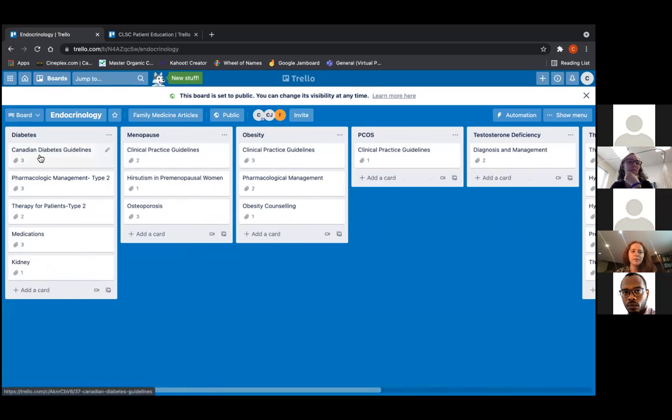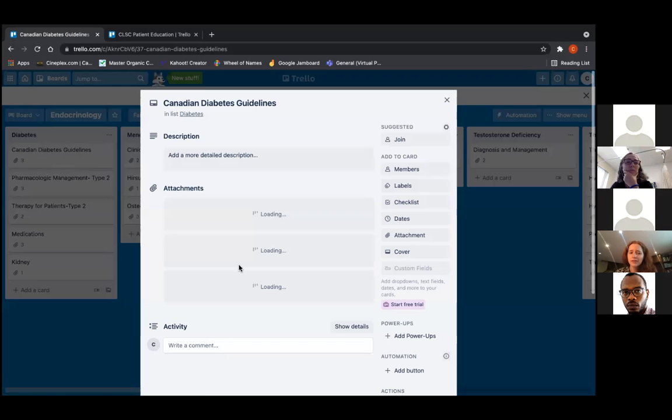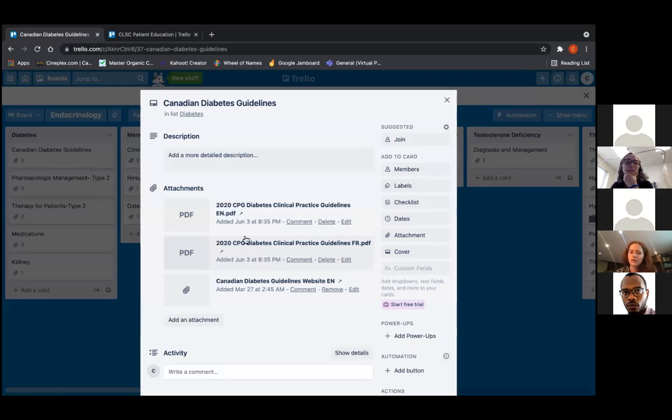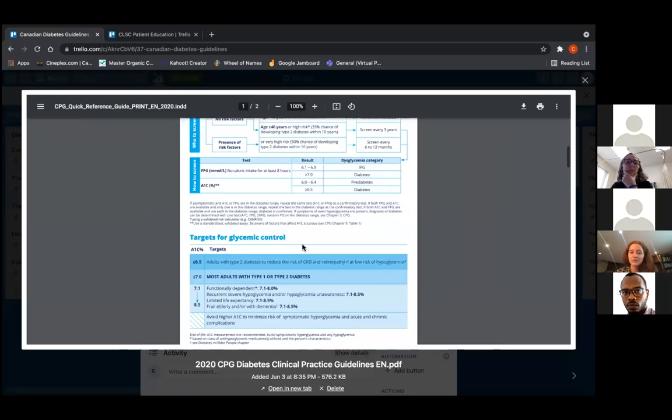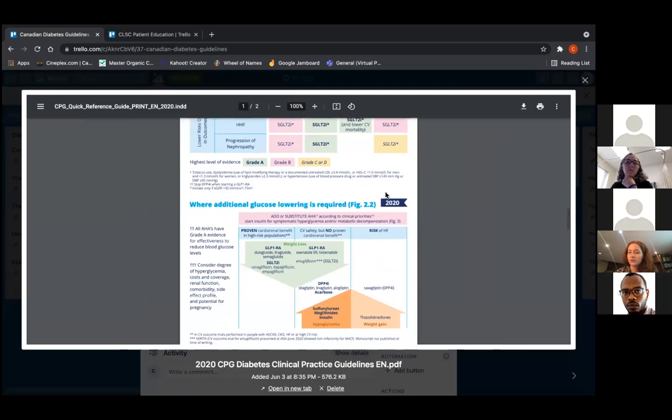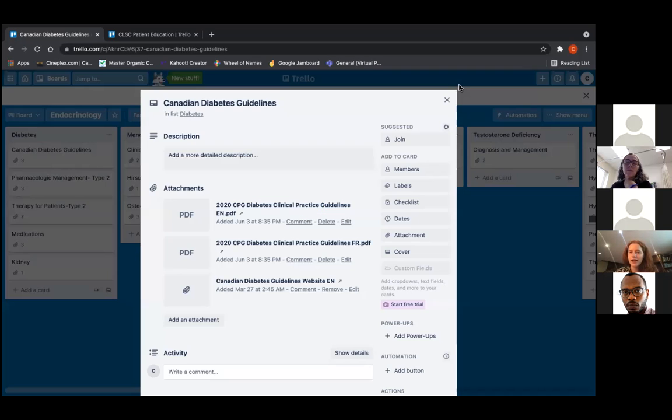So here are the diabetes guidelines. We have the new ones up here for 2020. And so if you're looking for the guidelines here, you would open this up and you could find them here. And you could look and scroll, you could print it even. You can download or print. And so most of them are PDFs. And we have tried when